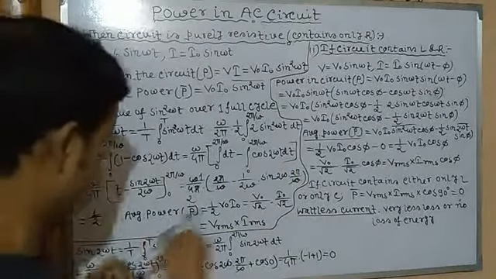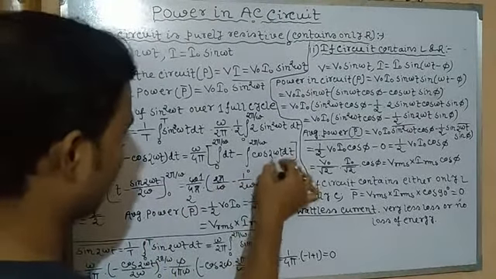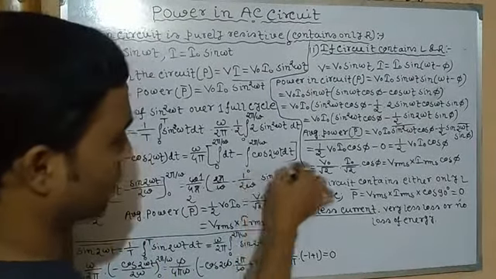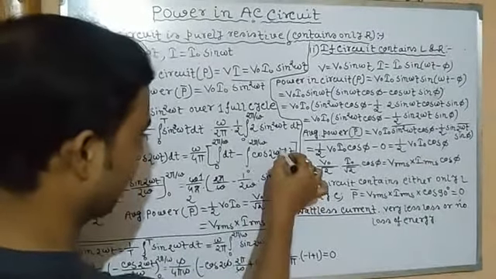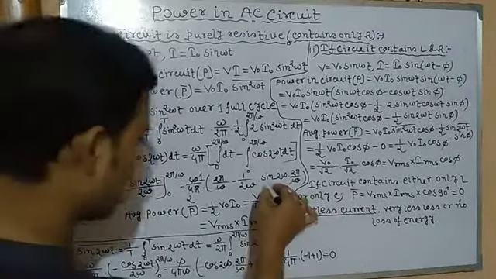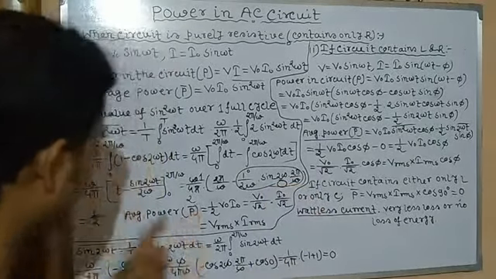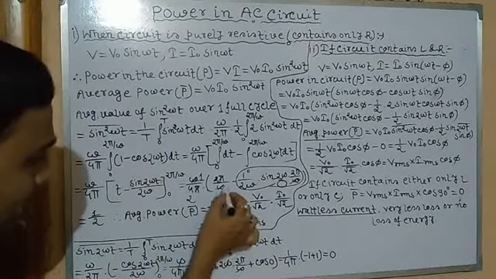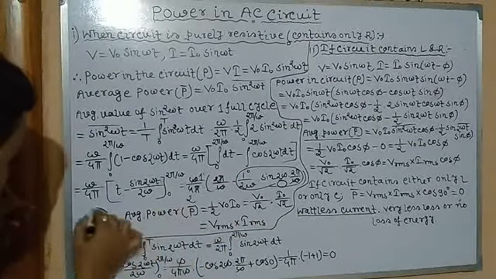Why? It is 1 by 2 omega, clear? The integration of cos theta is sin theta, so with 2 omega, in the place of t we put 2 pi by omega, which gives sin 4 pi, that is 0. So this part is absolutely 0. That's why we have only omega by 4 pi into 2 pi by omega, so only 1 by 2 is left.